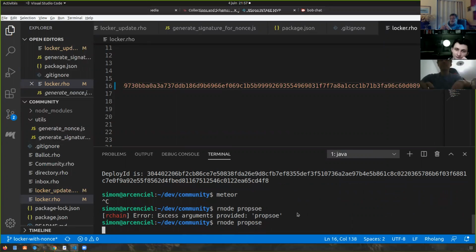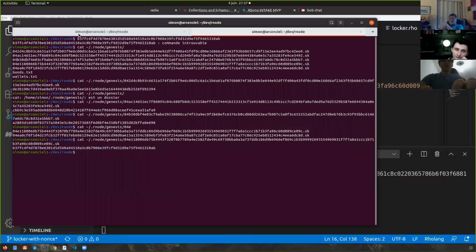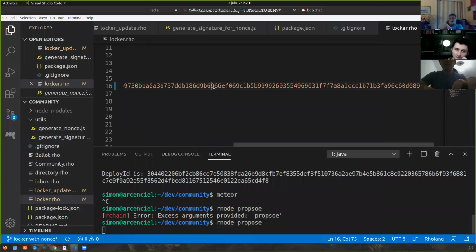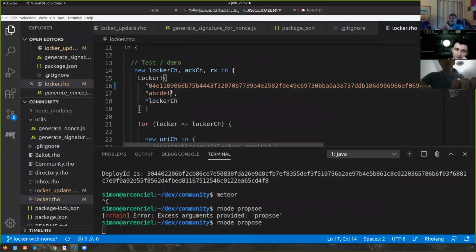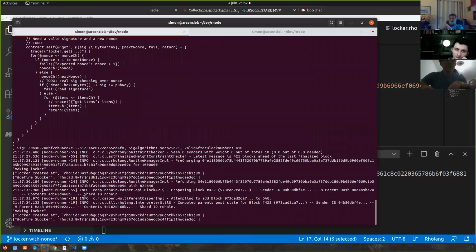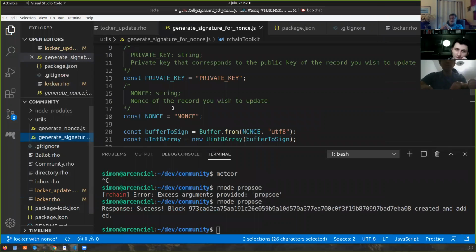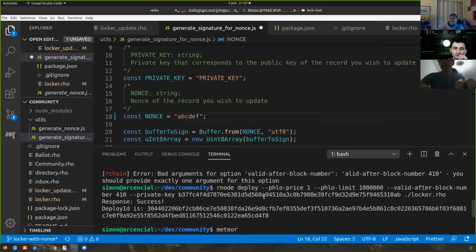Propose. So here we go again. So then this is the public key. This is the nonce. Okay, so I will need to generate a signature for this nonce. I need the private key.